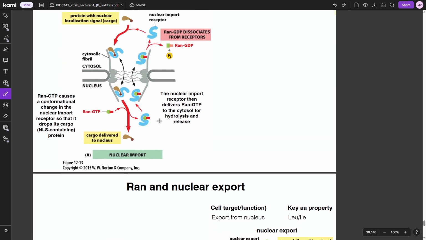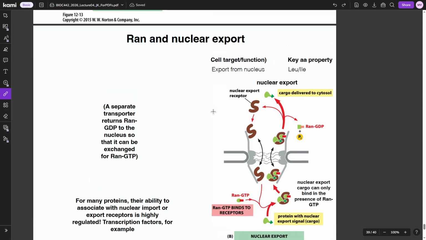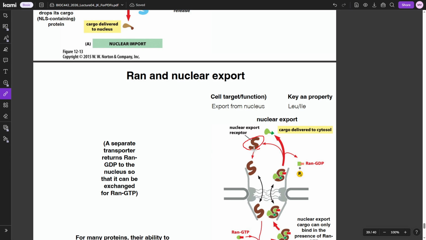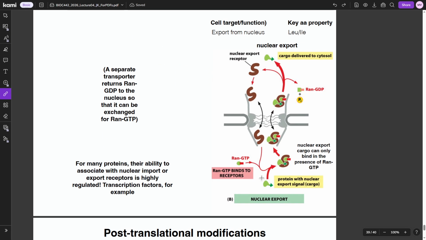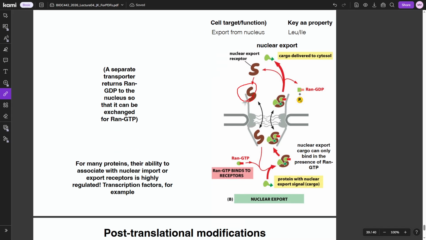So this is specifically for nuclear import. Now for nuclear export, let's start with the nuclear export receptors. This is a very similar process, but now we're talking about the nuclear export receptor. Yeah, this is in the cytosol right now. So we're in the cytosol, right? What's going to happen is this is going to bind to the fibril. It's going to get pulled in. The RAN-GTP